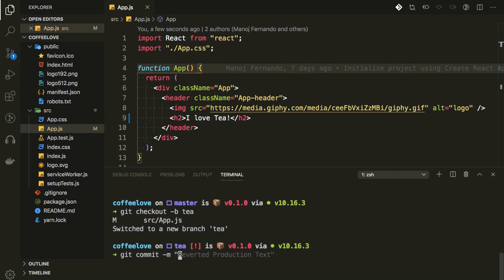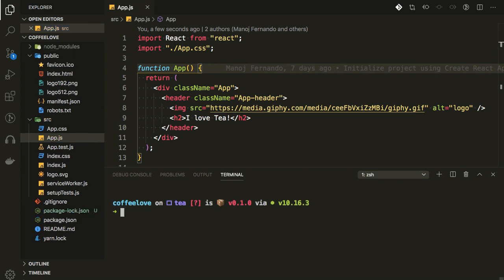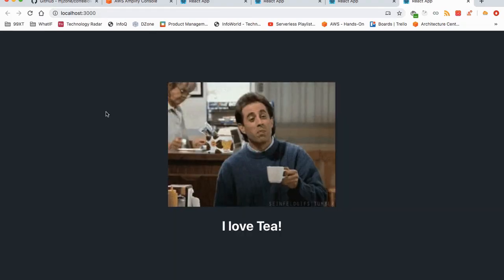Git commit -m, or rather I'll add my changes first, -a, then git commit -m. Then I will run it locally to make sure everything works fine. npm run start. And here you go, my local server has been started and I have I love tea message.